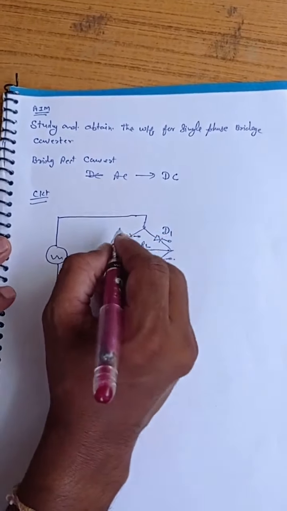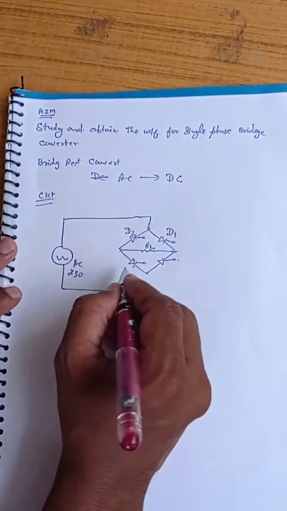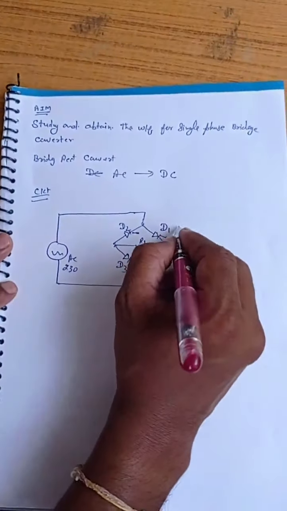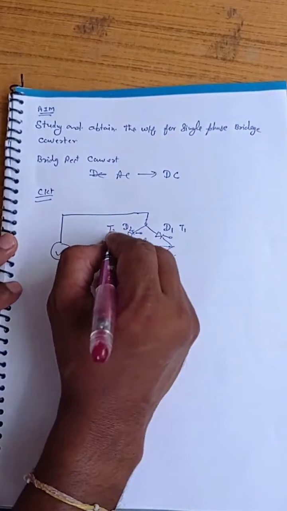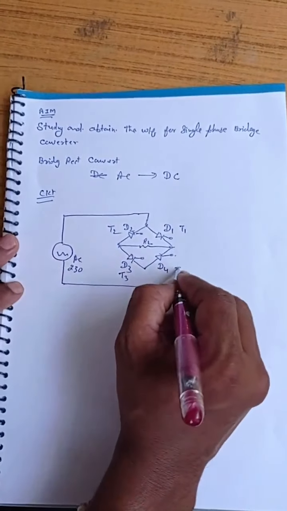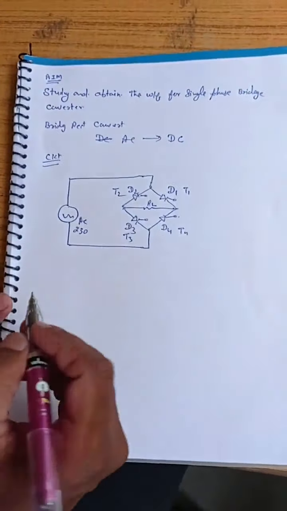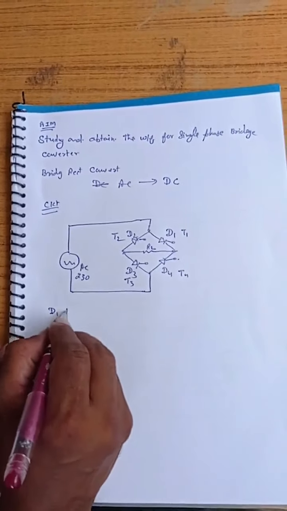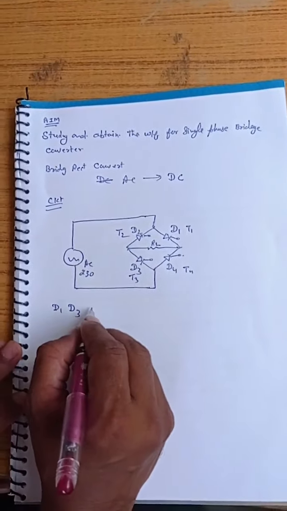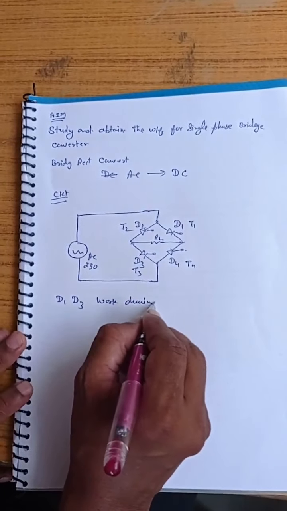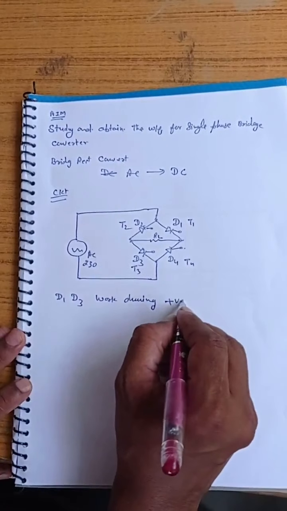These are D1, D2, D3 and D4, also called T1, T2, T3 and T4. In this circuit, D1 and D3 work during the positive half cycle,